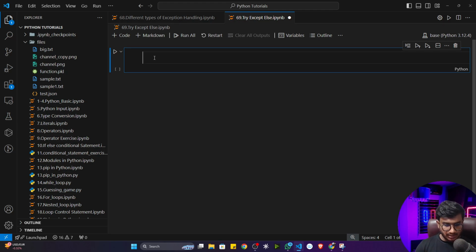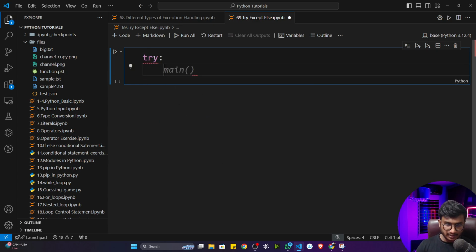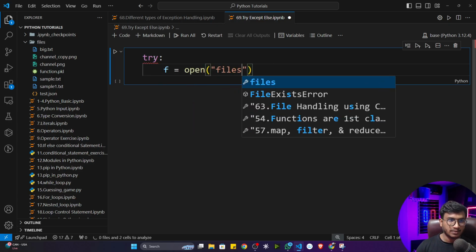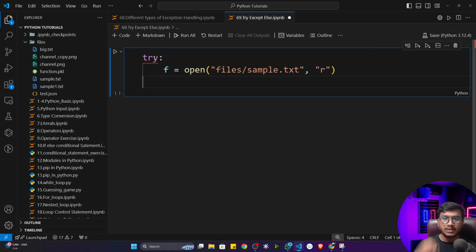So let's say I want to open a file. I'll give try and I will try to open up a file. Let's say f is equal to open, mention the file name. It is present inside my files folder. Let's say I want to open something called sample.txt in read mode. Okay, I want to open this particular file, and if something goes wrong in this statement,